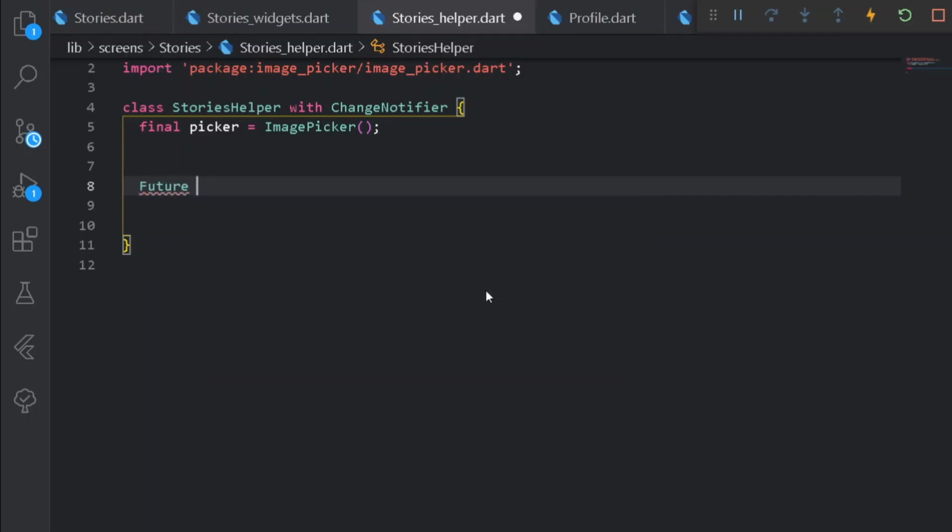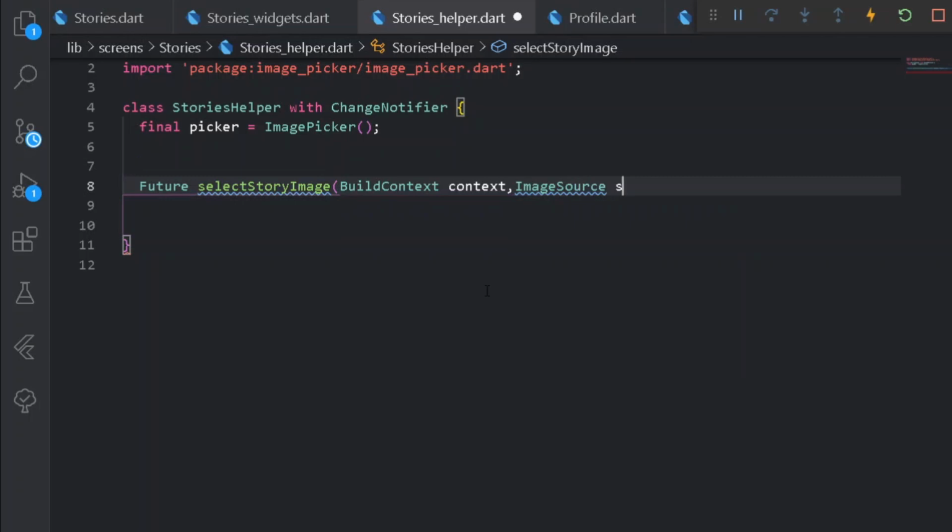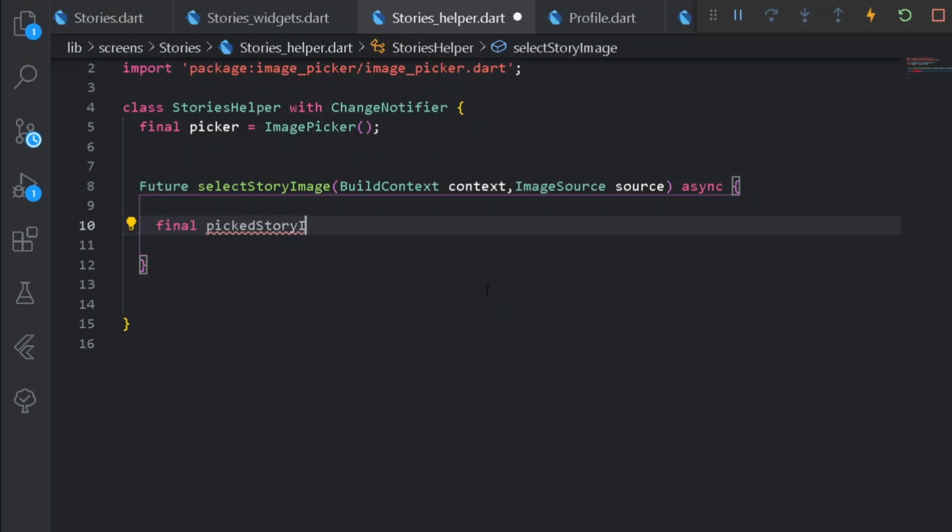So for that, I can have a new future method for select story image, and under the following thing, it will be requiring a build context for a context, and after that it should also be requiring an image source, alright, image source for source. And once we have done this, let's make the following process asynchronous. So once we have done that, let's have a final variable for pick story image,